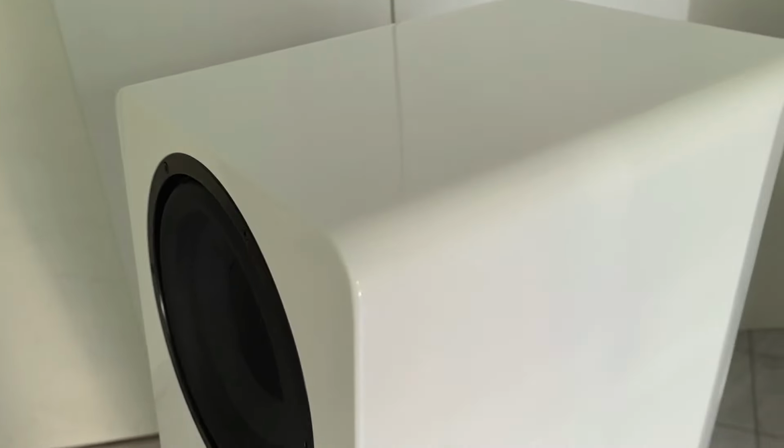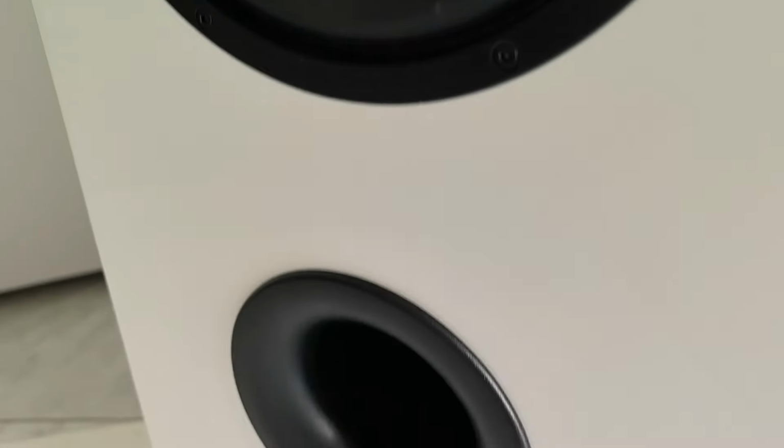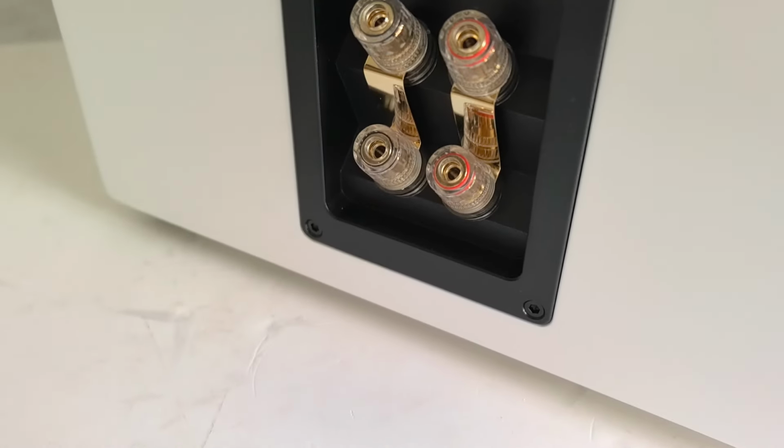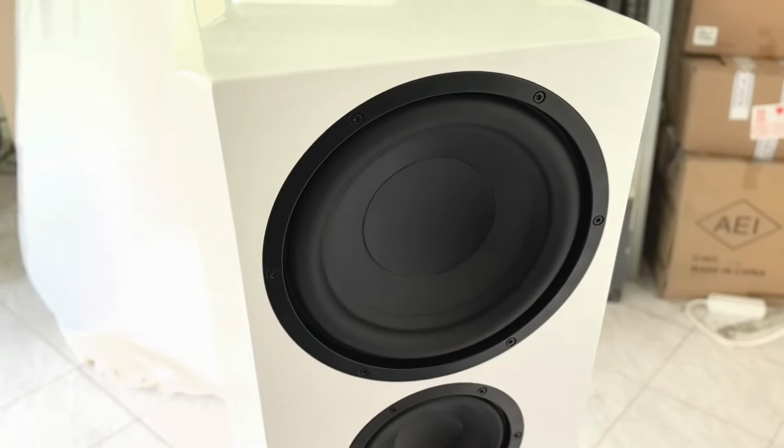Hello guys, here we have the new speakers from SVS, the Ultra Evolution Pinnacle loudspeakers, just arrived. They are brand new in white finish. They come with black as well, and we're gonna see some details of these very big tall speakers with a